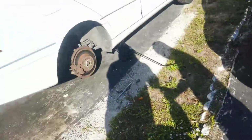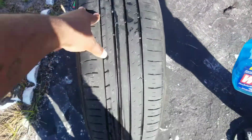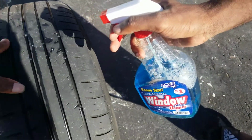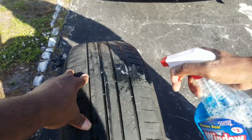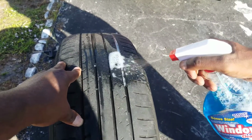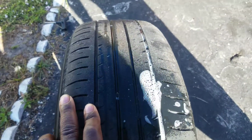Basically you just take your tires off. As you can see, I'll show you a little example. Take your tires off. So we got the tire right here and we're using some Windex. If you don't have any Windex, you also could use some water with soap. You know, any soap, Dawn, Gain, Palmolive, and just spray it on there. And where you see it bubbles at the most,